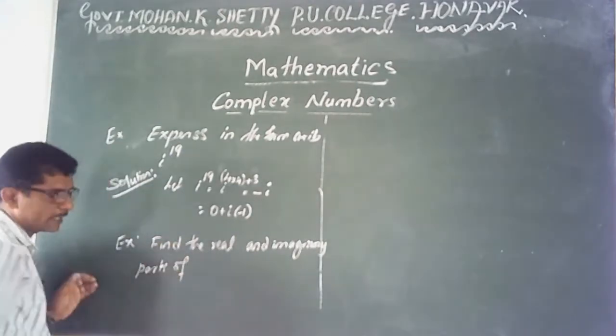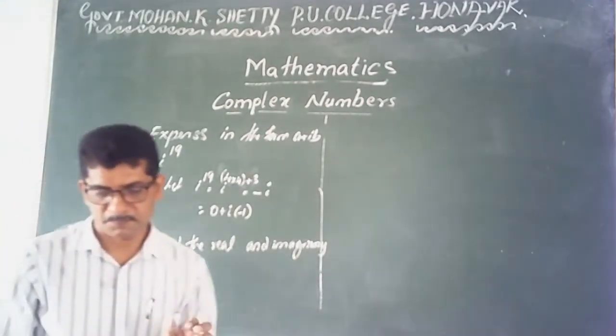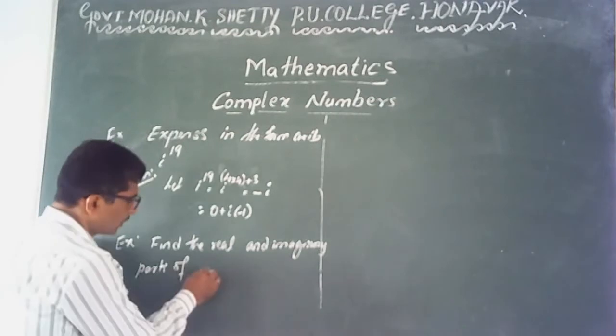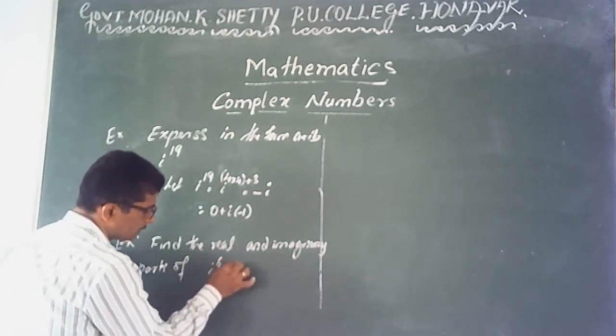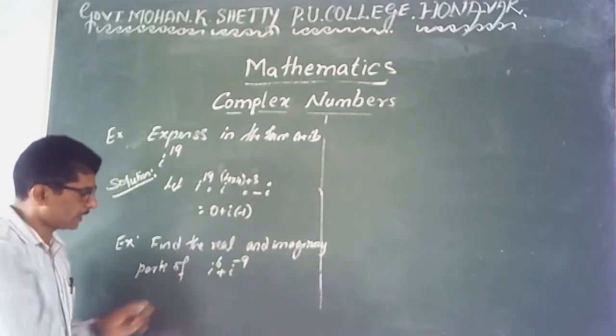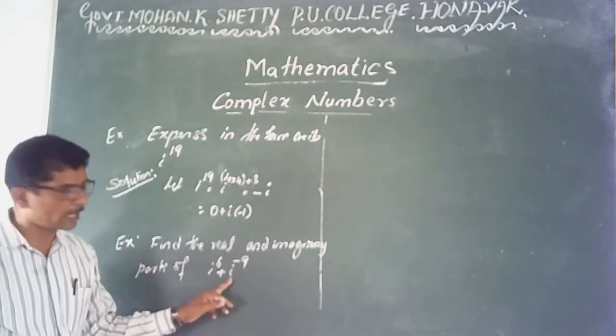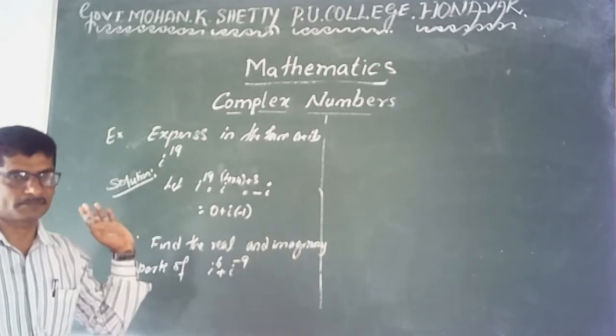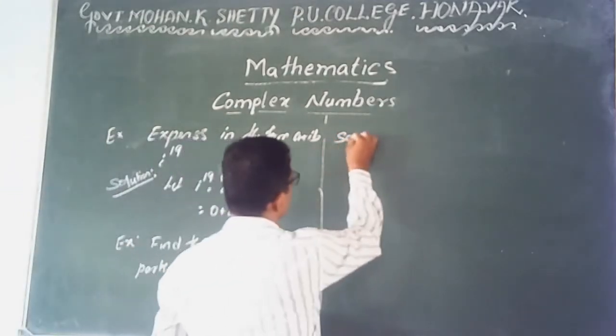Find the real and imaginary parts of i to the power 6 plus i to the power minus 9. This is a 2 mark question. The solution: